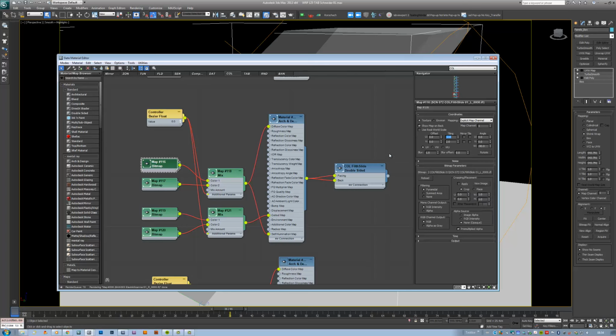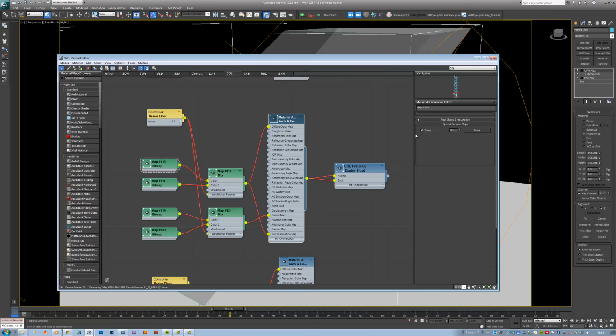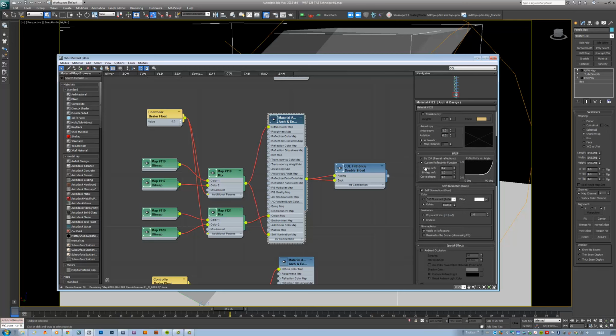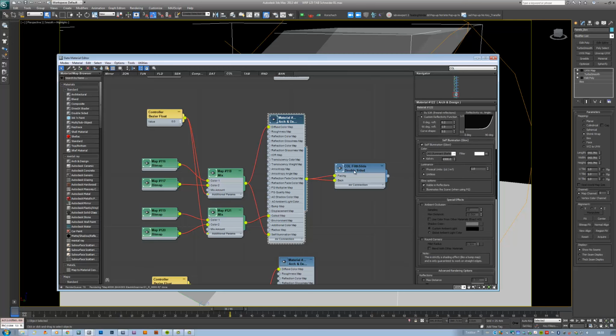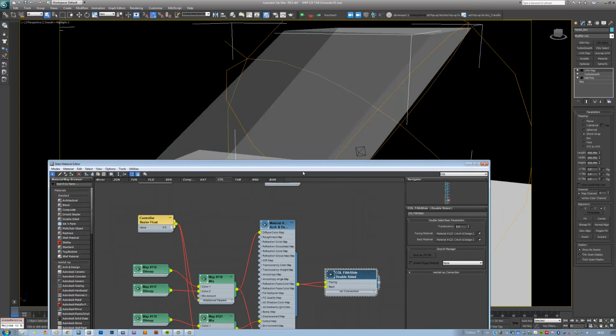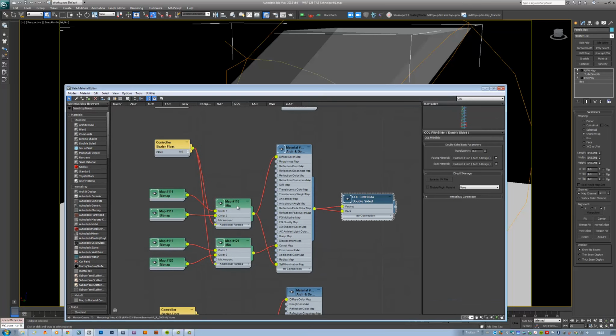So this just basically maps a fisheye to a sphere rather than using the spherical panoramic map. This material is actually very basic. It's just a standard self-illuminating material in mental ray attached to this screen object, and